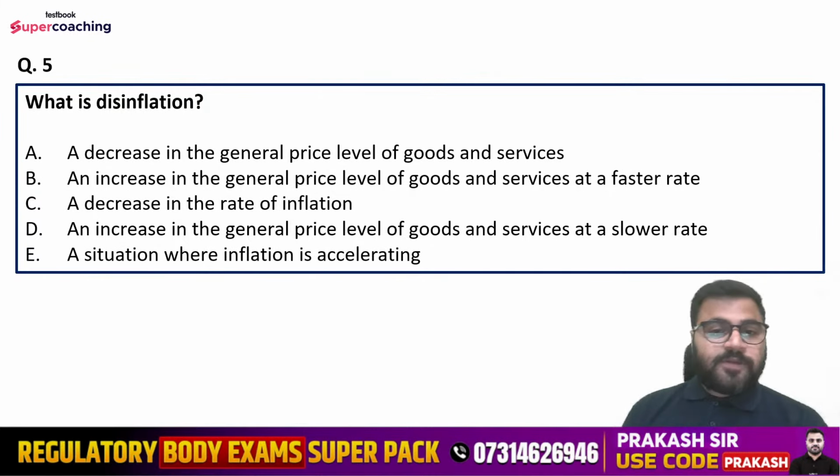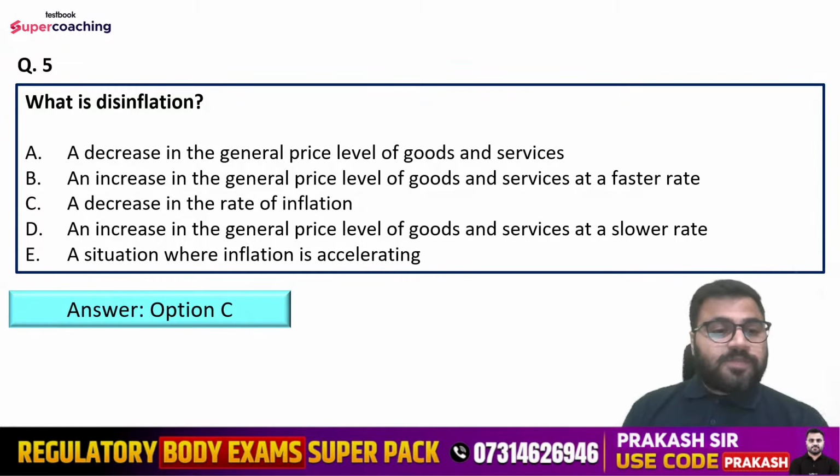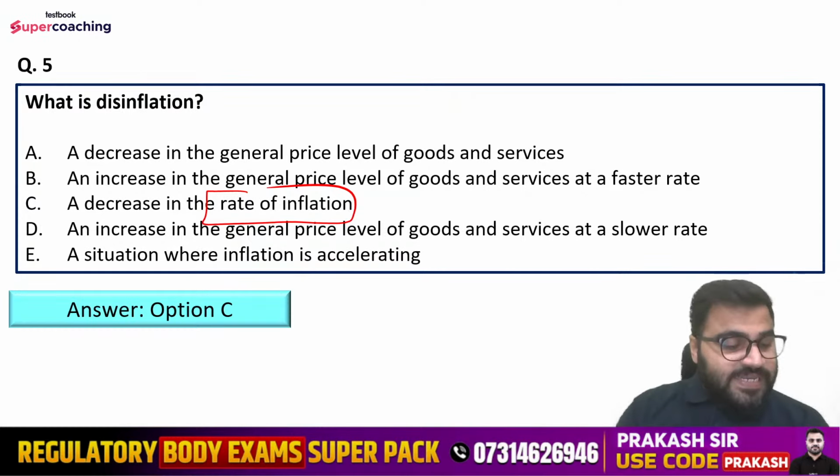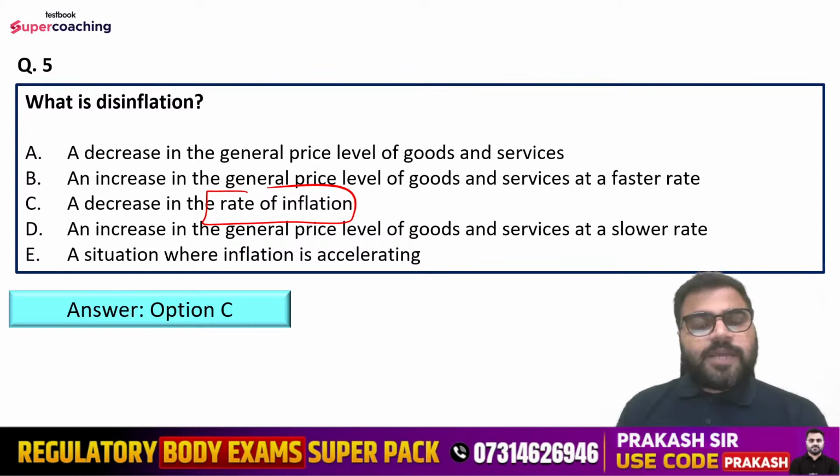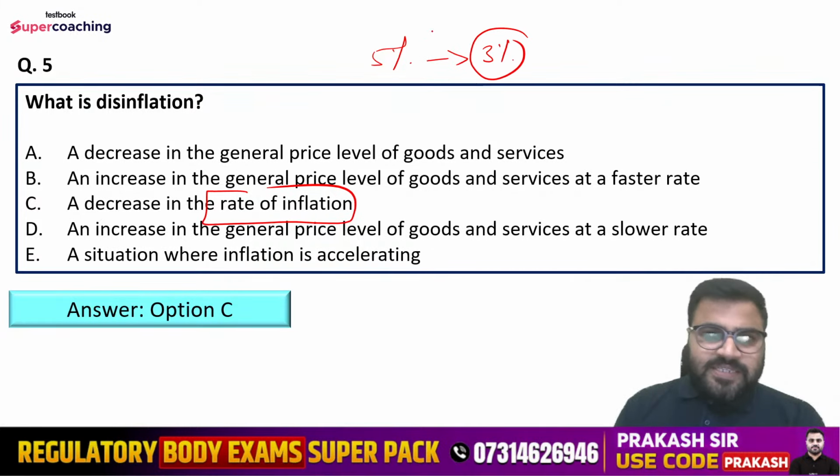Sasti is saying option number C. So right answer is option number C here. That is a decrease in the rate of inflation. So disinflation is the decrease in the rate of inflation, right? Decrease in the rate of inflation, which means what is happening here? Suppose inflation is 5%. Later on it goes to 3%, which means there is still inflation in the economy,